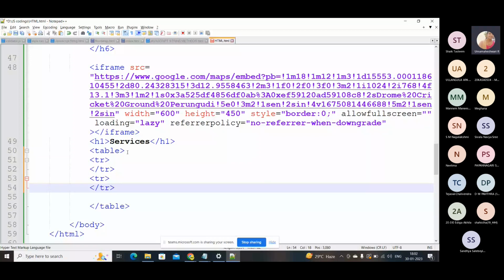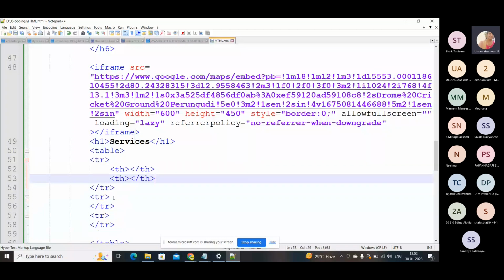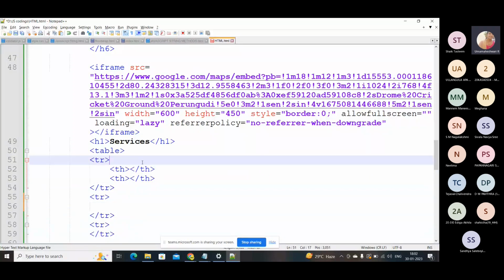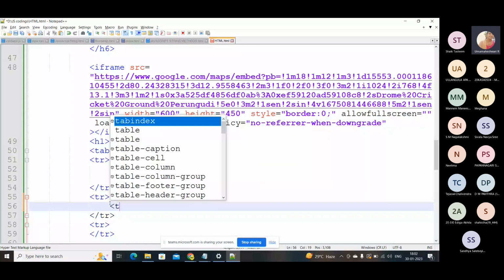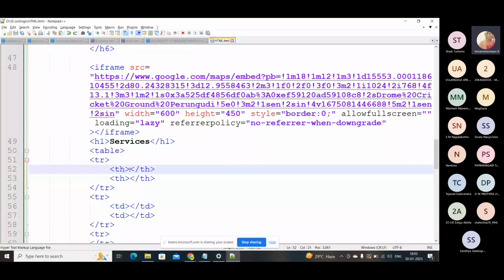In this table row, I'll take a table head, th. Just copy this, I need 2 things to mention. This is going to be a heading which will be bolder, so for that we use th. But normally you will give table data, td slash td. In this th, I'm giving a name as Services,